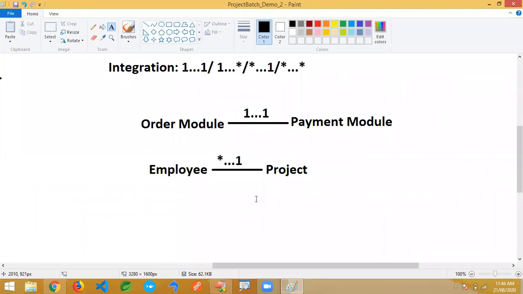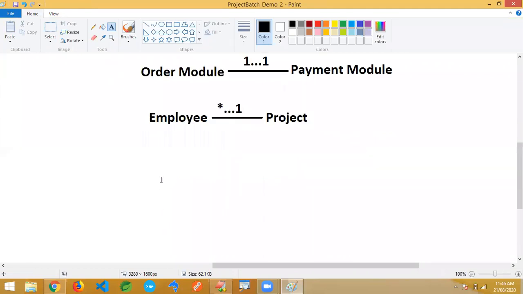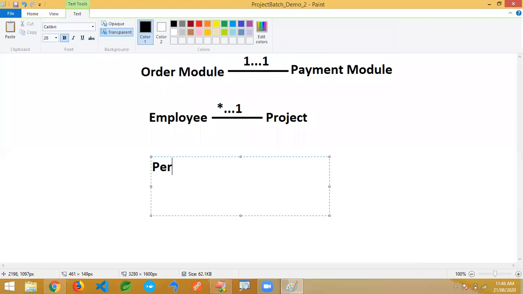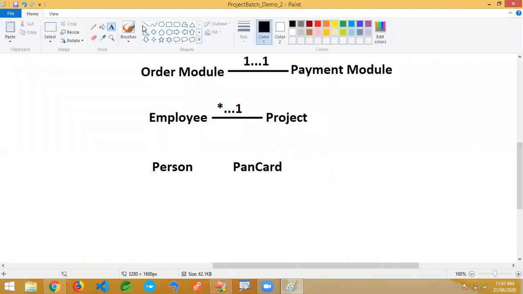Still, to make it easy, I'll give a generalized example, because we have not started the domain yet. A very generalized example: a person and a PAN card or Aadhaar card. You can take any card like this. You can guess what kind of relation it is going to be.